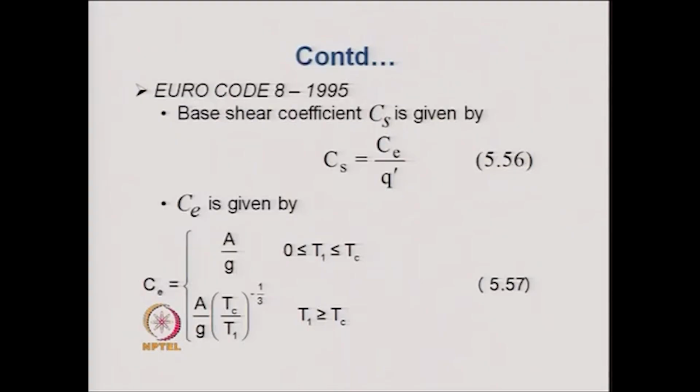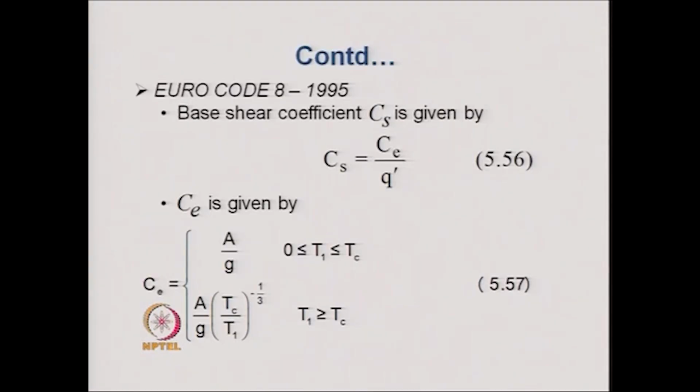Next comes the Eurocode. In the Eurocode the base shear coefficient is called Cs, given by Ce divided by Q dashed. Again the Q dashed over here represents the reduction factor, so we will not talk about it. We will be concentrating on C. C is given by